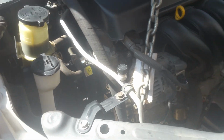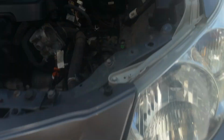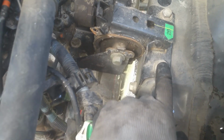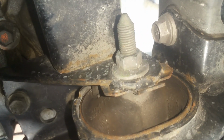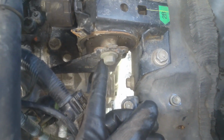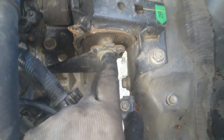Okay, so I got all the bolts loose. I can't just pull it off there just yet. I'll have to wait till I lift it up here to slip it out. But we're going to move over here to the transmission. We're going to go ahead and take this one out, and I think we have to also hold the one on the back, and these are 14s as well. So we're going to go ahead and get this one here out,